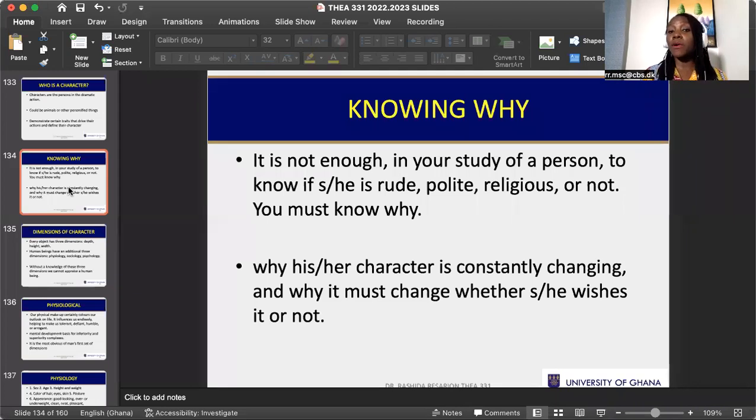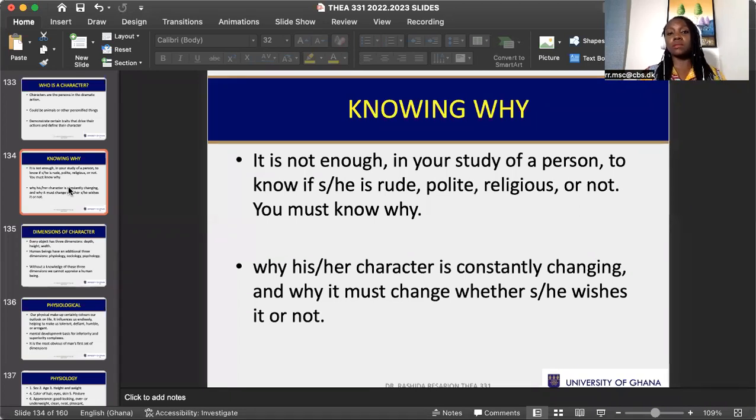And as we are learning about characters, and we know that they are modeled after human beings, that is why we are able to even be familiar with certain things they do. Sometimes you can say, this person is behaving like someone I know. Okay. As we are learning about characters and knowing that plays mimic life, we are also learning to gain better understanding about people and how to be better judges of character.